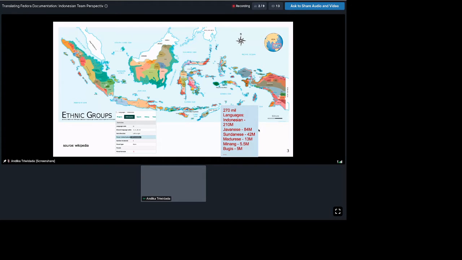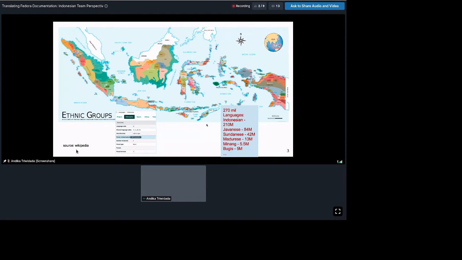The biggest ones are Javanese in this area, and then Sundanese in this area, and Madura is right here. Minang is around here. Bugis is around here. So many languages.